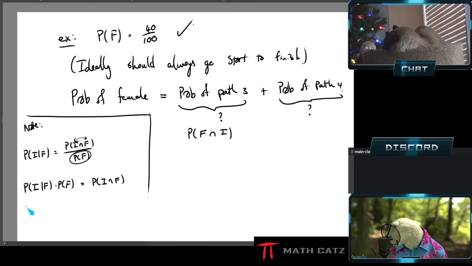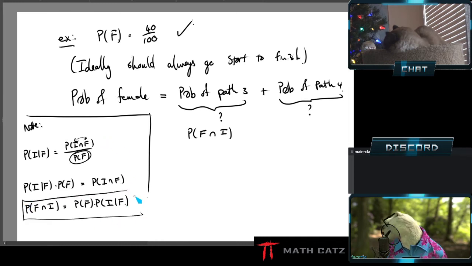So now let me clean this up a little bit to match what I have here. I and F, F and I, doesn't matter. And I'm going to write the single one first and then the conditional probability. This is an alternative to the original formula. Is that on the screen here? Yes, okay, good. This is an alternative to the original formula. But this intersection is exactly what I'm looking for.